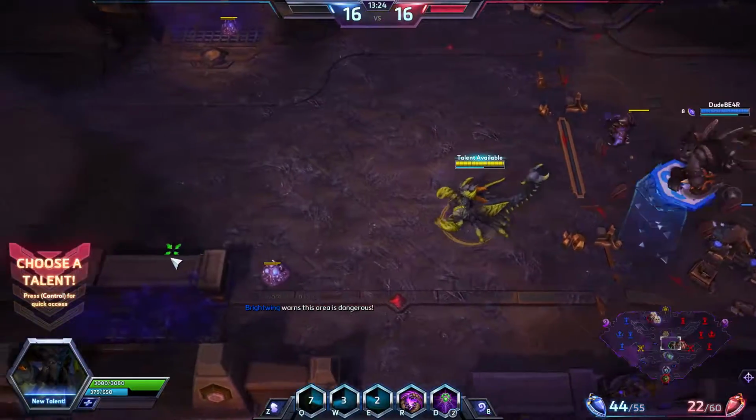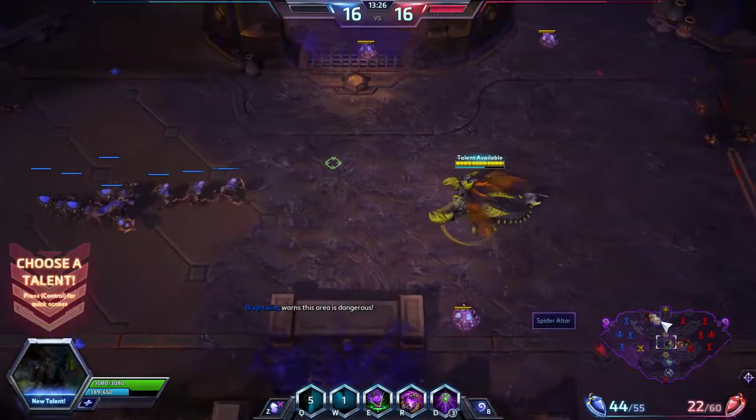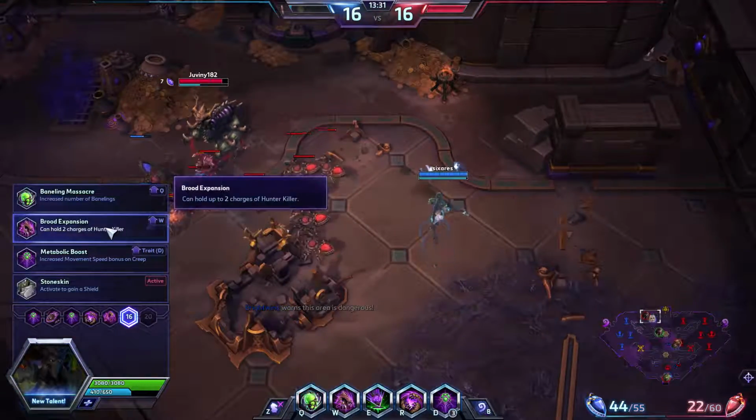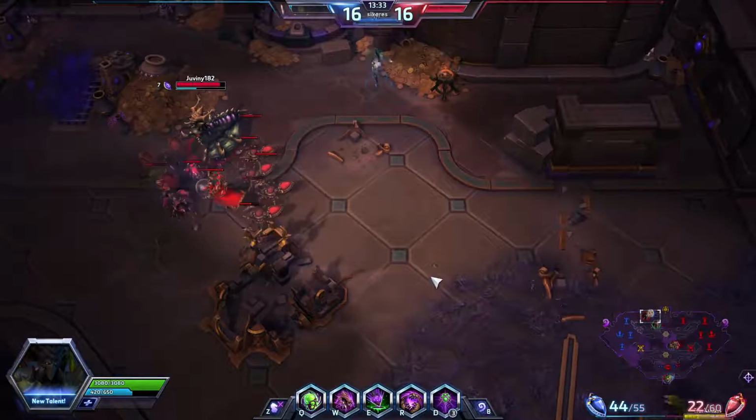All right, I was just going to try and see if we can get some hits. All right, so it looks like Zagara is here. Let's see if we can try and corner Zagara, because obviously Nova is going to try and do some things on her. We're going to increase our movement speed on...